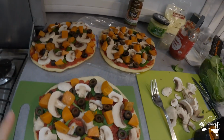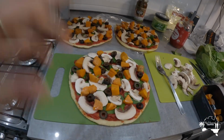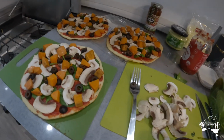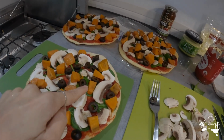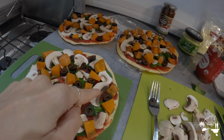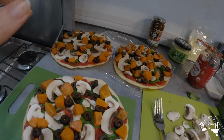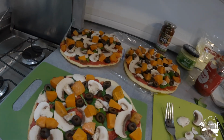We're making 3 little ones, so some's for dinner tonight, some's for lunch tomorrow. We're just going to divvy it up. So we've got on some sweet potato, mushroom, tomato paste, olives, spinach. Yep, so far. And you wouldn't believe it, but we're in Longreach at the moment, and I found in Longreach